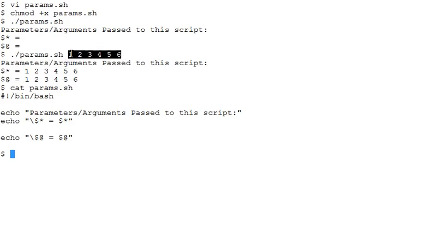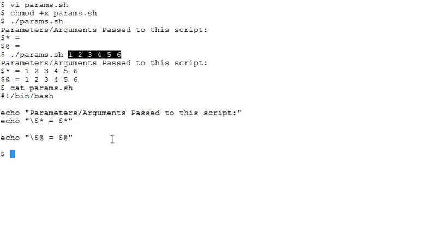In this case, these 6 values have been passed to the script, and with the help of the echo command, I am printing out those values which are stored in the system or environment variable or the global variable * and @ symbols. And with the help of the dollar symbol, we are actually referring to those values stored in the variables. So $* or $@ you can use.